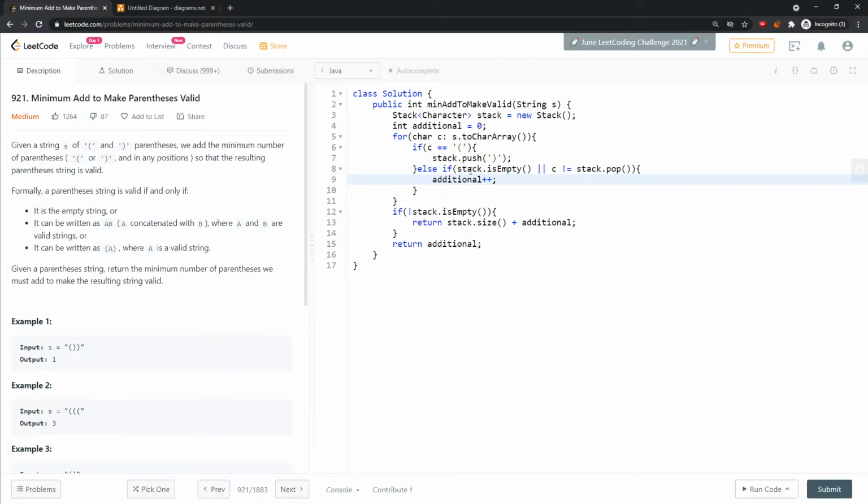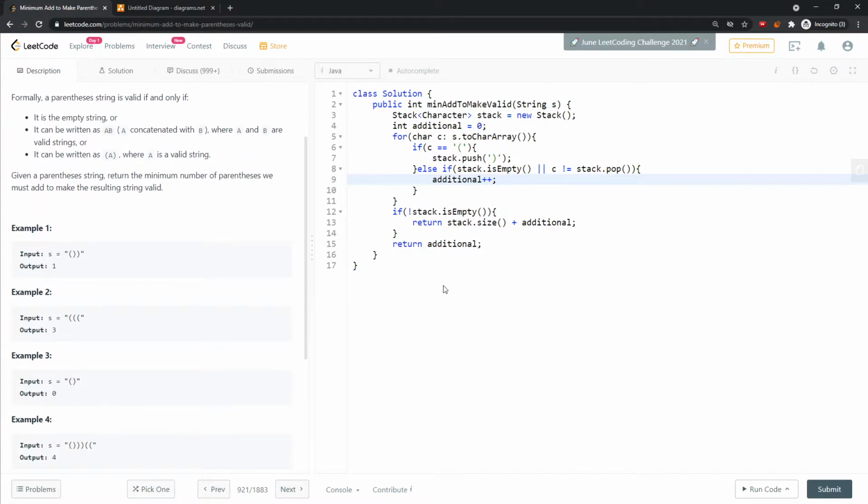Also, if the stack is empty, you need to add because you are in the loop, which means there's a character, and you need to actually make it perfect. So if you are in the loop and the stack is empty, you need an additional one for sure, right? Which is like when you do the closing, just the closing, right? You need an additional